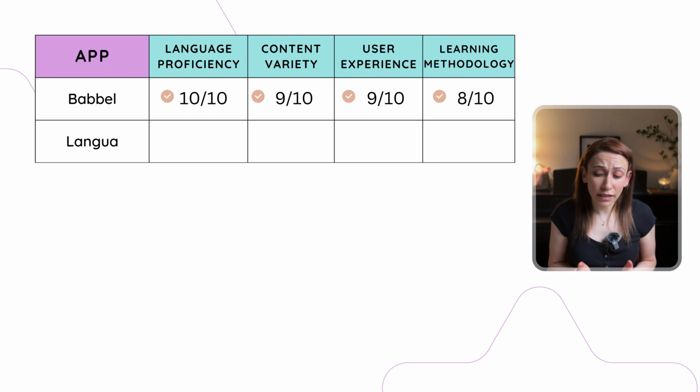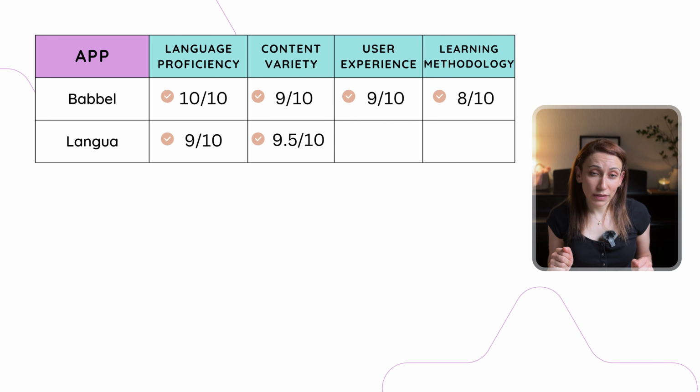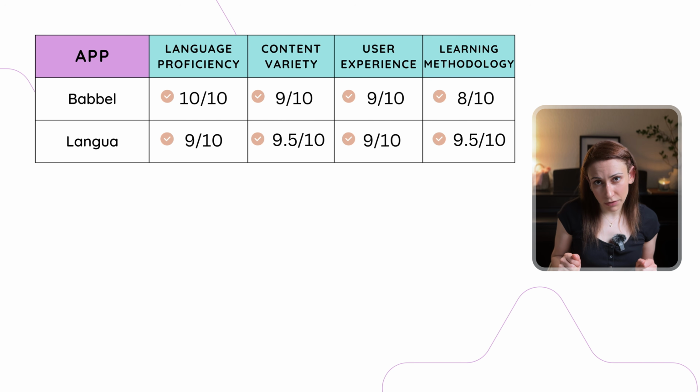Now for the rating, I would give it a 9 out of 10 for language proficiency and accuracy, 9.5 out of 10 for content variety, and for the user experience, I would give it 9 out of 10. For the learning methodology, I really enjoyed it, so I would give it 9.5 out of 10. But then again, I'm a big AI fan, so...